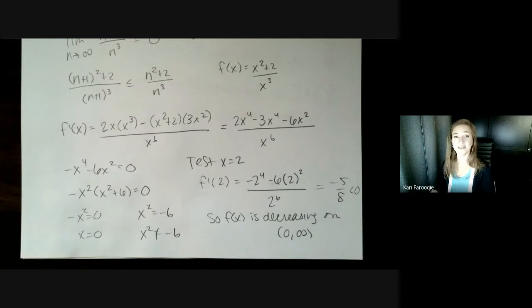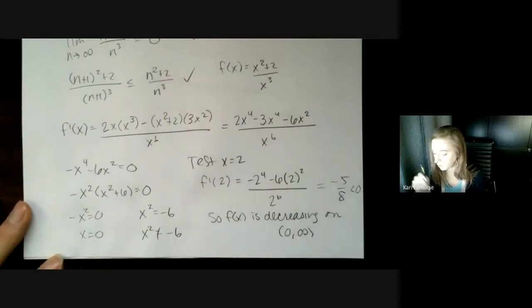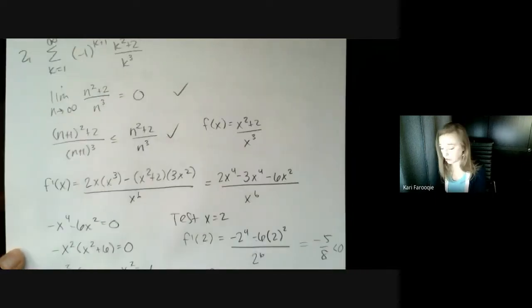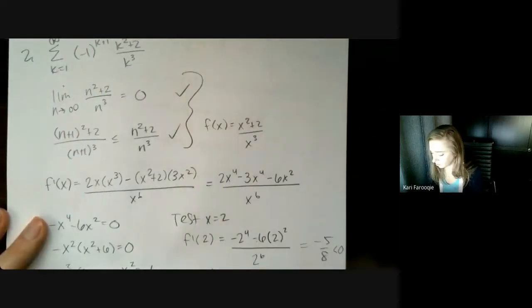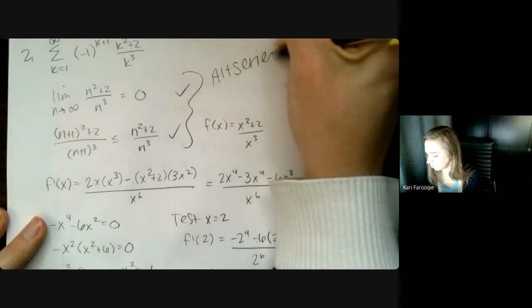Now, that was a major segue, because what I'm really talking about here is whether or not this series converges, and then the type of convergence of the series if it does. What we just showed was that the terms of the series are non-increasing. In fact, we know that this function is going to be decreasing from 0 to infinity. So now we can say check, and we have the 2 conditions that are met to show that our alternating series converges. Before I continue with this,